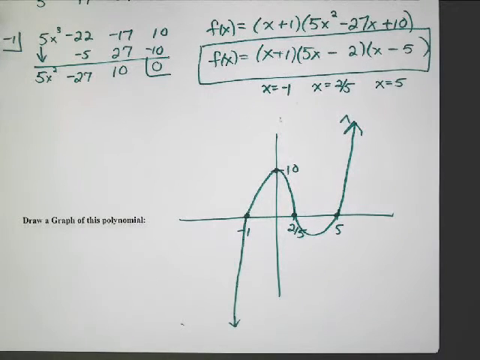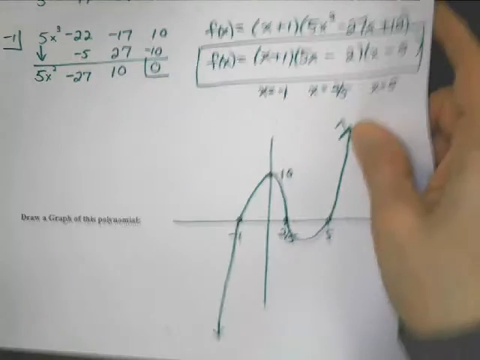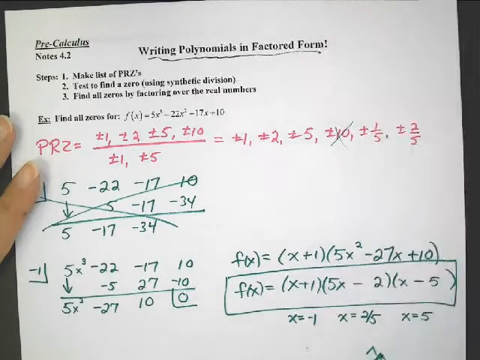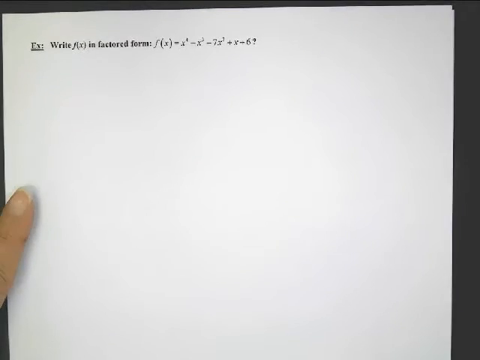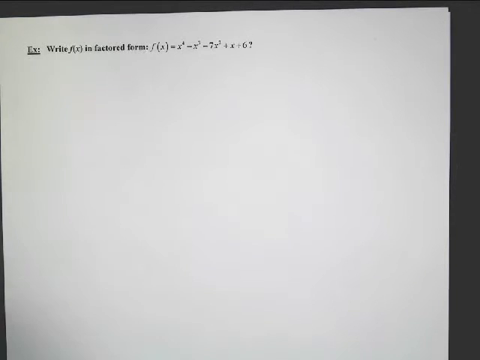Okay, so we're putting together graphing polynomials from the beginning of the chapter along with getting these things in factored form. All right, number 2, write f of x in factored form. So the steps are